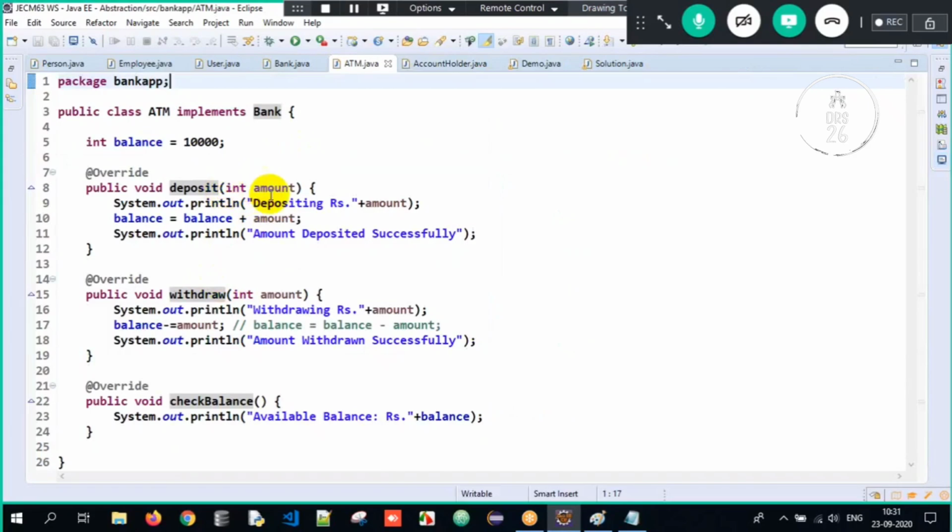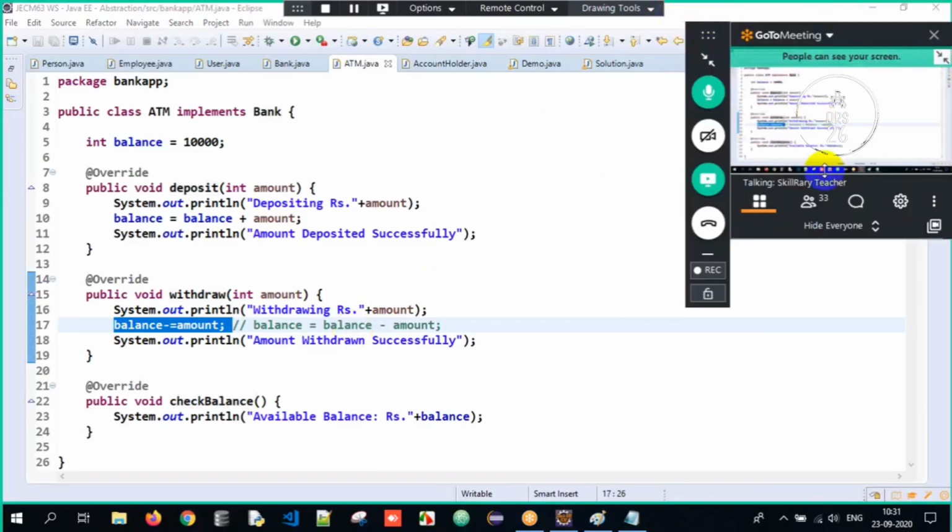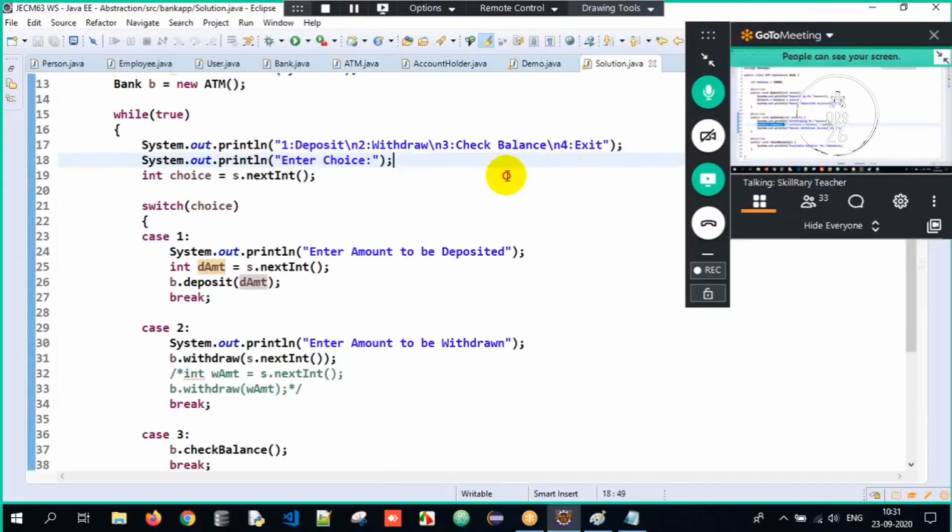You can make it even more efficient by having an if else condition over here. If the available balance is more than the amount. See, your available balance is 10,000, but you are trying to withdraw 20,000. So you can have an if else condition and provide that validation as well. If the available balance is greater than the amount to be withdrawn, only then withdrawal successful. All those you can write down. That's all your own logic here. But this is how you make it interactive, and try to do it.